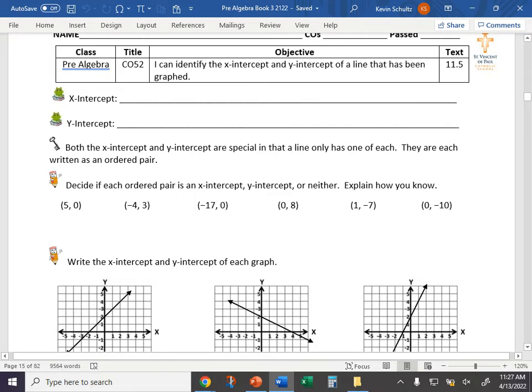Have you heard those terms before, x-intercept and y-intercept? Yeah. It's like the point where the segment or line intercepts the x and y. Almost perfect. Yeah. The x-intercept is the point